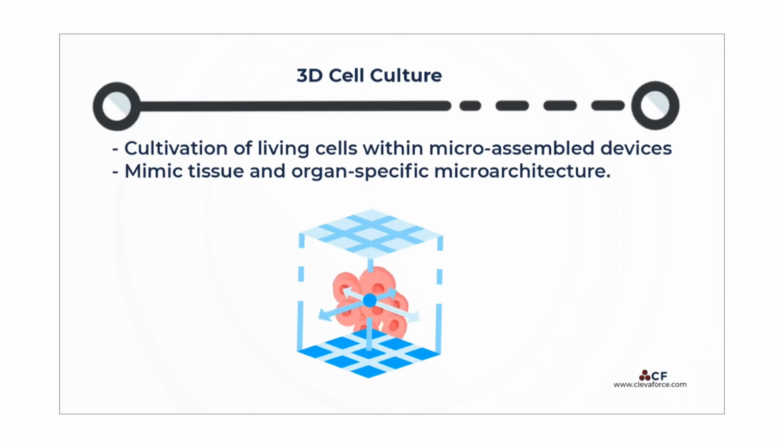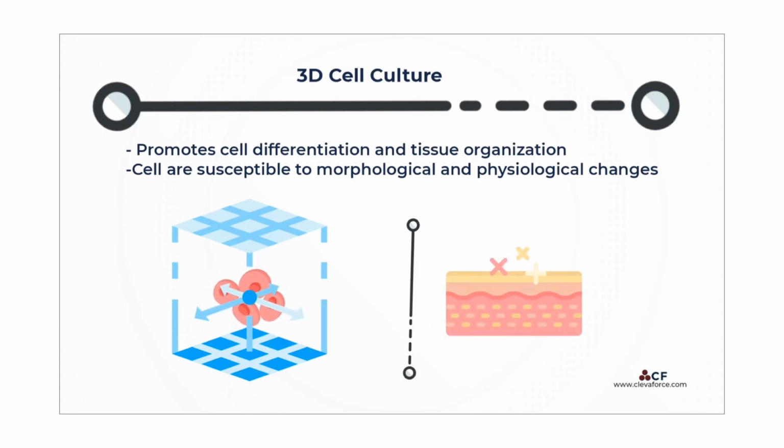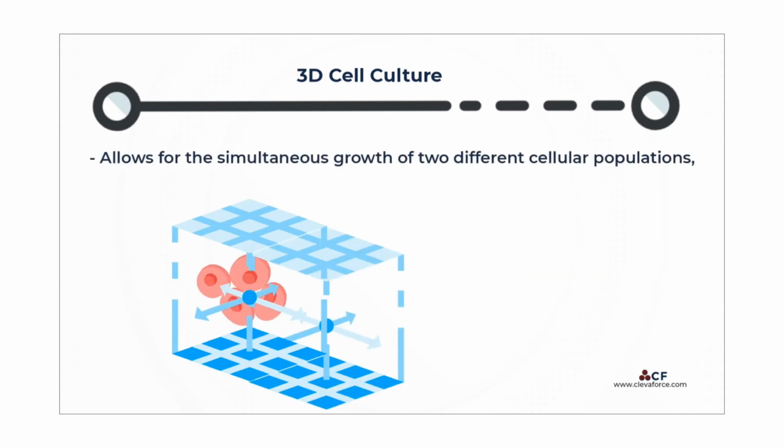When compared to other cell culture methods, 3D cell culture is becoming more popular due to its novel and convenient features. In contrast to 2D cell culture, 3D cell culture promotes cell differentiation and tissue organization through the use of microassembled structures and a complex set of environmental parameters. In fact, cells grown in a 3D environment are more susceptible to morphological and physiological changes than those grown in a 2D environment. In addition, 3D cell culture also allows for the simultaneous growth of two different cellular populations,